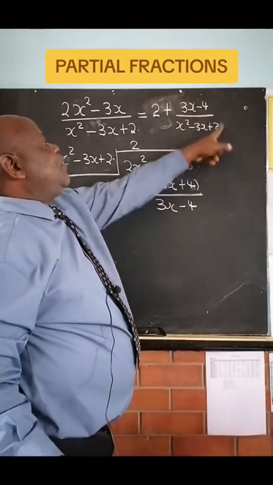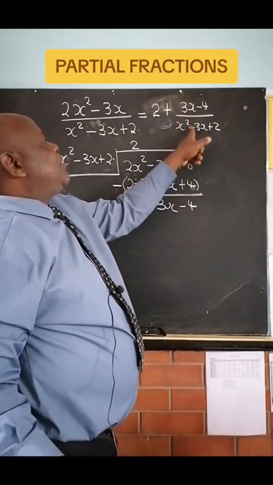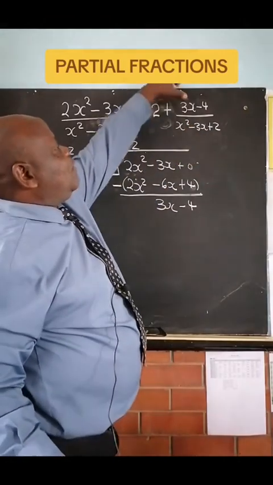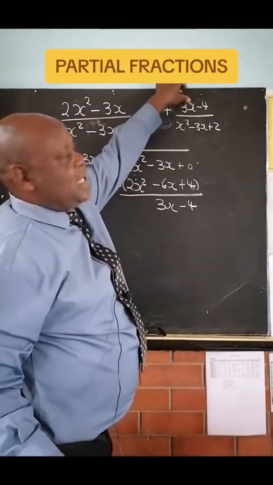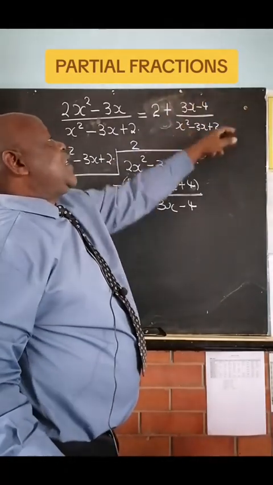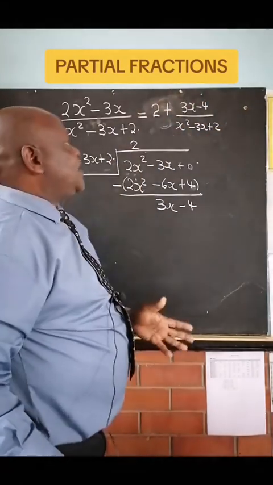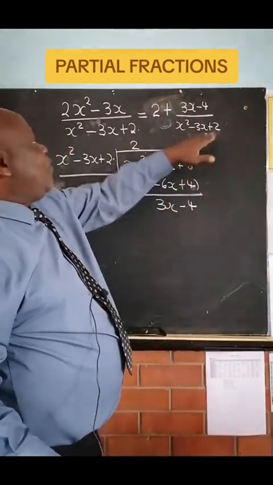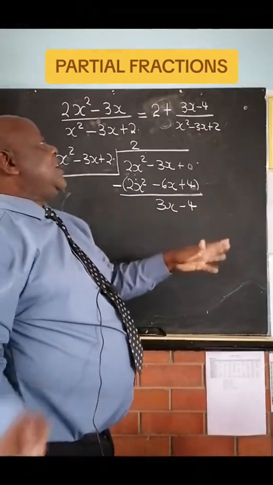But the degree of the denominator is 2 because this exponent there is 2. So the degree of the numerator is now less than the degree of the denominator, which means this qualifies to be a proper fraction. So we can now proceed in the normal way of factorizing the denominator,